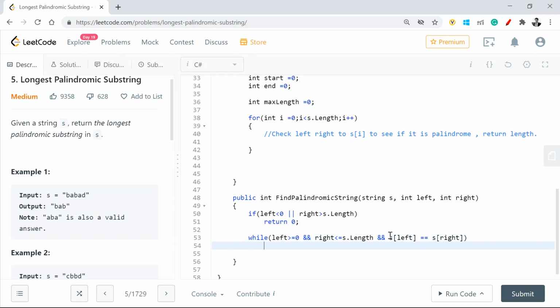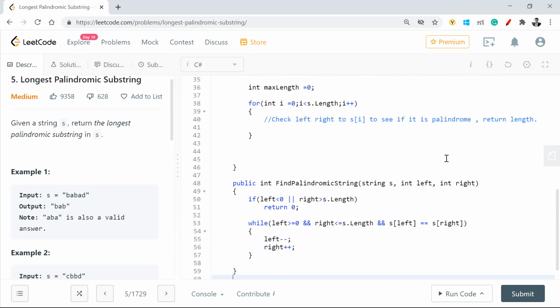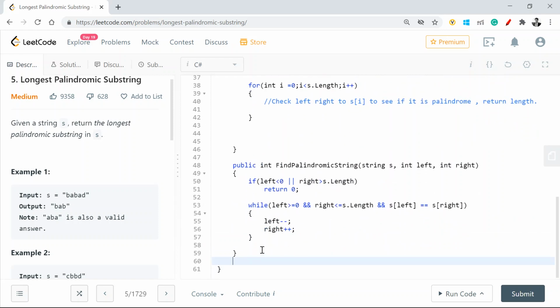That's what we wrote in the pseudocode. So we are going to do left minus minus, right plus plus. I'm going to go towards left and right as long as I have matching characters. At the end of the day, what I'm going to return is right minus left minus 1.